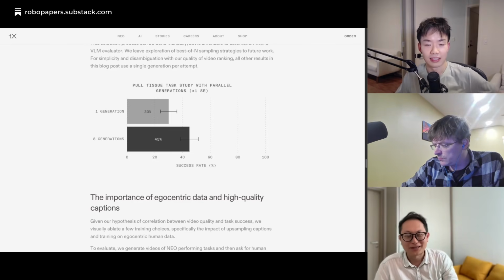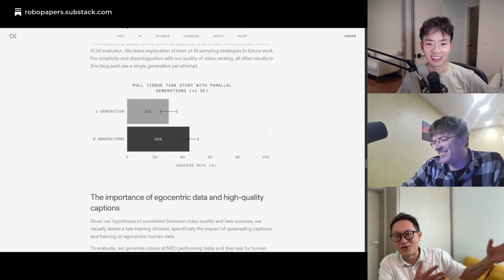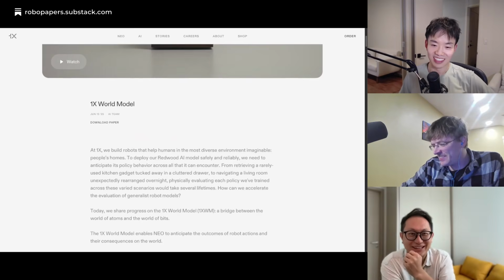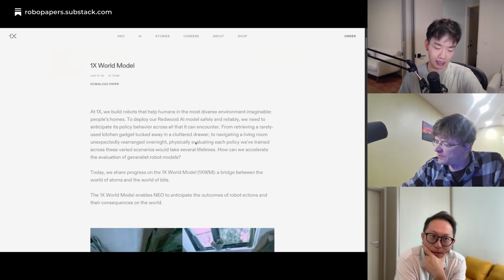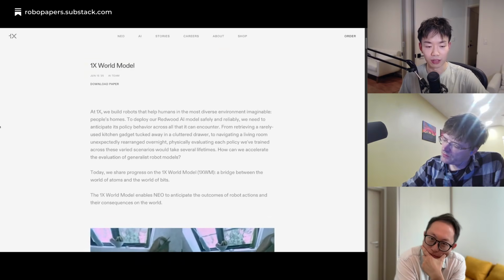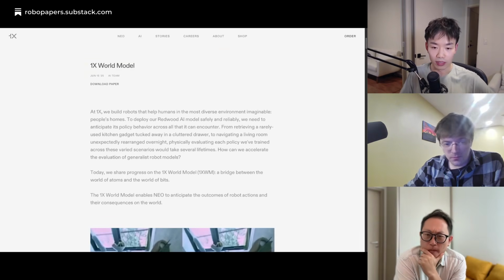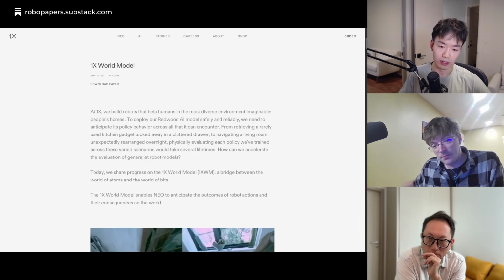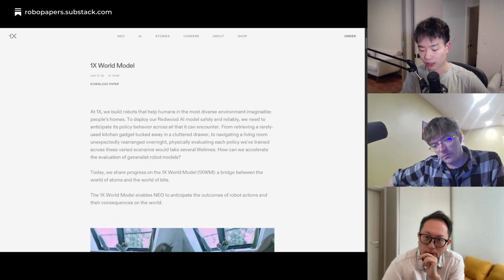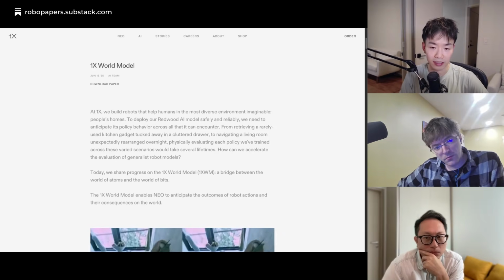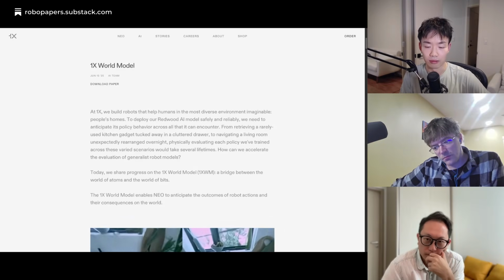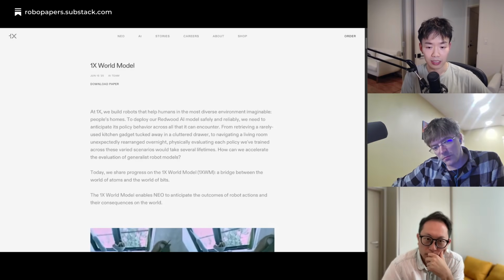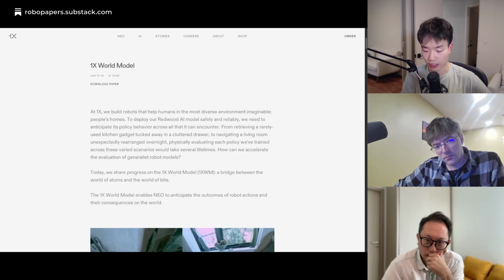Yeah, absolutely. How do you know whether this world model version is better than the other one? Or just how do you even know a world model is better than a VLA? You could compare anything. Maybe as a bridge towards the point you mentioned earlier, there's a different way to formulate the world model problem. In the current work, we went from image and text to future video. But now we're going from image and action to future video, and the goal is to see how far you can go with action conditioned world models.